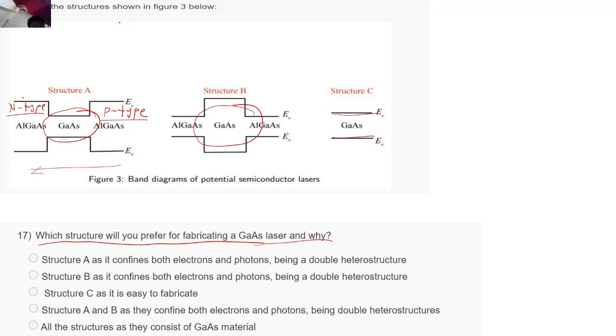Now the electrons move from here to here, and even the holes will move from here to here. So what we have done over here, if you just look at this red rectangle, then just a minute, my stylus stopped working.